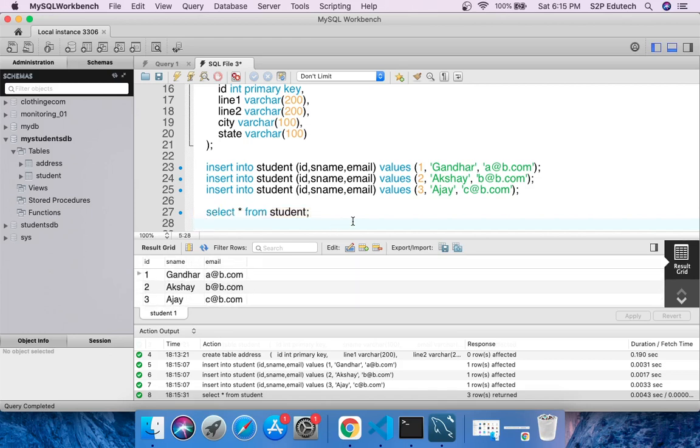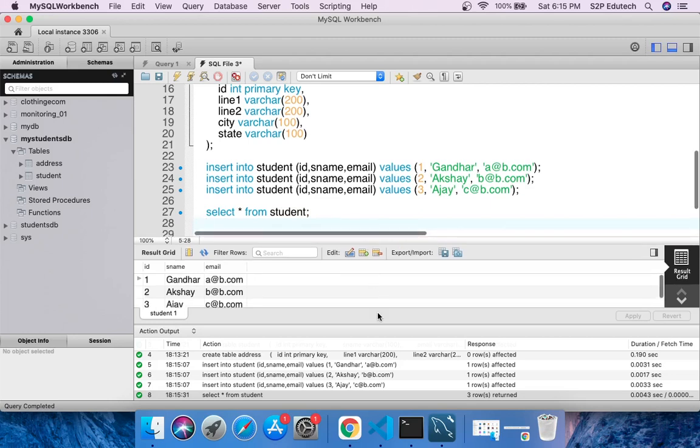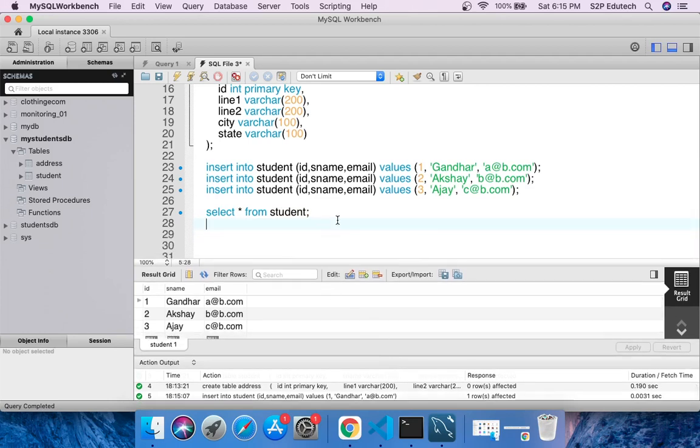Right, now next, let us try to apply some filters. By filters, what I mean is, let's say that if I want to select a student whose name is Akshay, right? So how can I do that? I'll say select star from student, and I'll use the where clause.